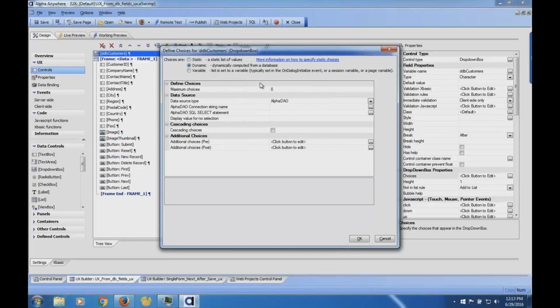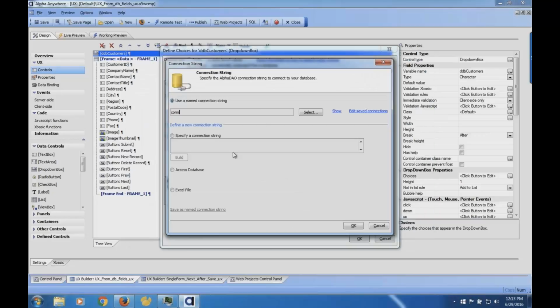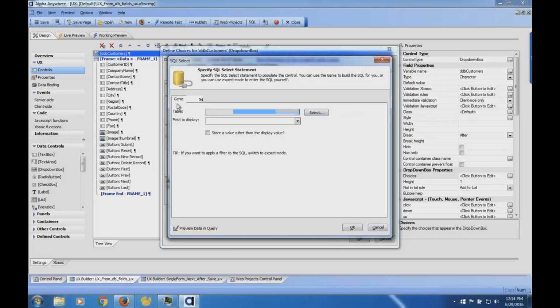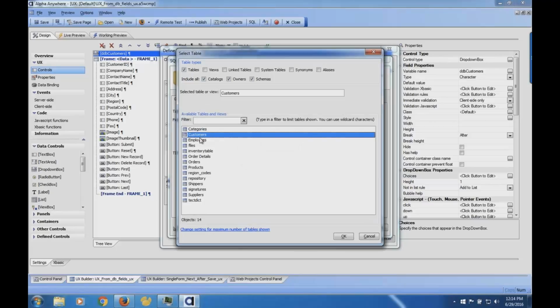So now that I've clicked dynamic, you'll notice that it has modified the Genie here. So I'm going to go here. I'm going to select my connection string, much like I did to begin with, and tell it which database, data source in this case, because in the future you could use a web service or a NoSQL database. That's all these things. Next it's asking me the SQL statement. So in this case, it brings up a Genie, and I'm going to say, okay, I want to select from the customers table since we want to select customer here.